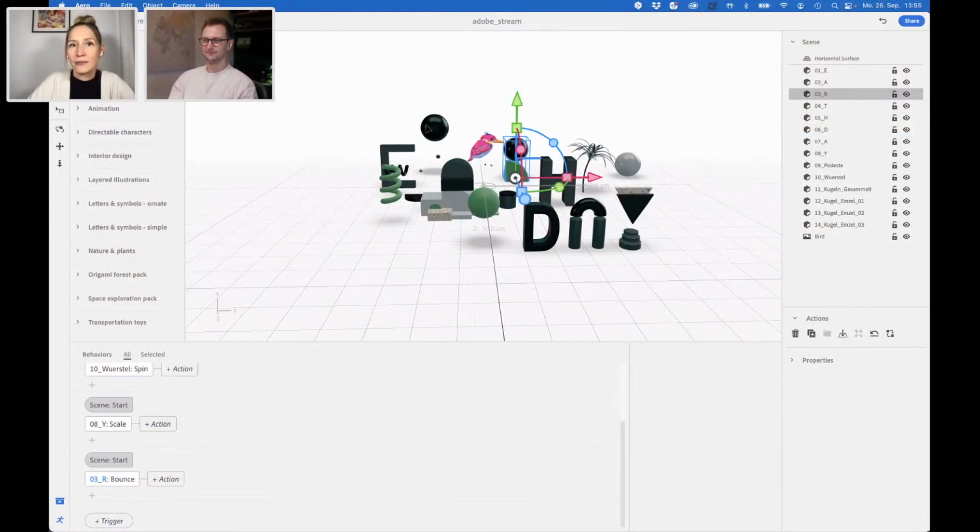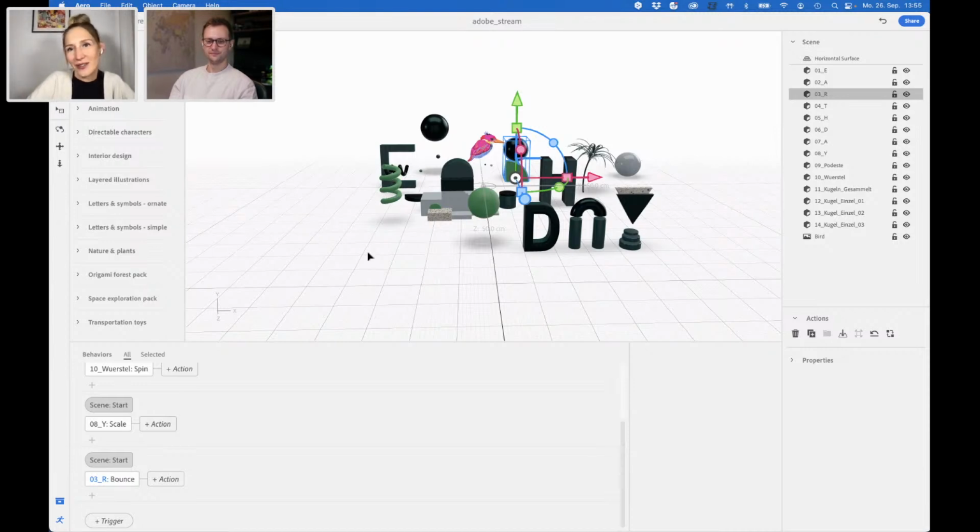You can also add some pictures. You can also add some trigger, for example, this wheel. So when you click on this wheel or tap on this wheel on your phone, for example, you can open a picture or add something different.